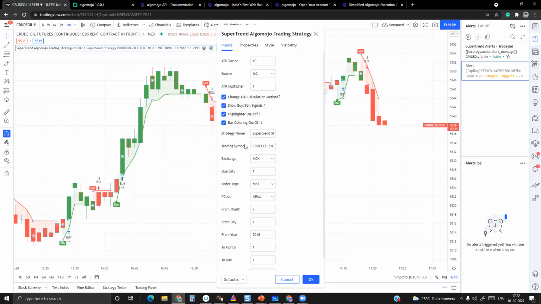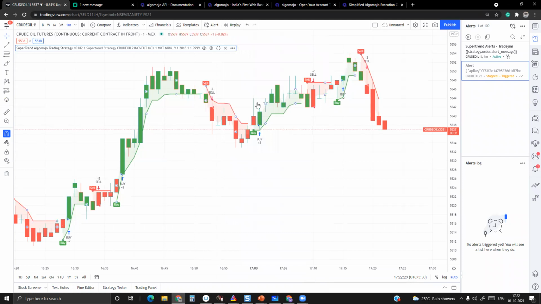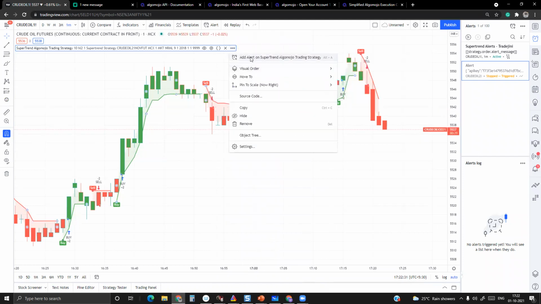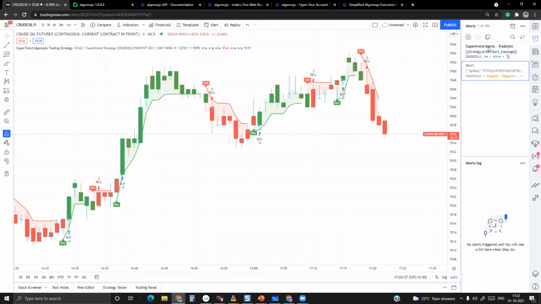That means every expiry, you have to create a new alert, because this time it is on 21st October futures. Once October futures are expired and you want to change it to November, what do you have to do? You have to change it to November, press OK, and then create one more alert. Thereby, any signals coming in henceforth will send orders to November futures. Otherwise, this code is sending only to October futures. If you see, it shows the list of parameters available over here.